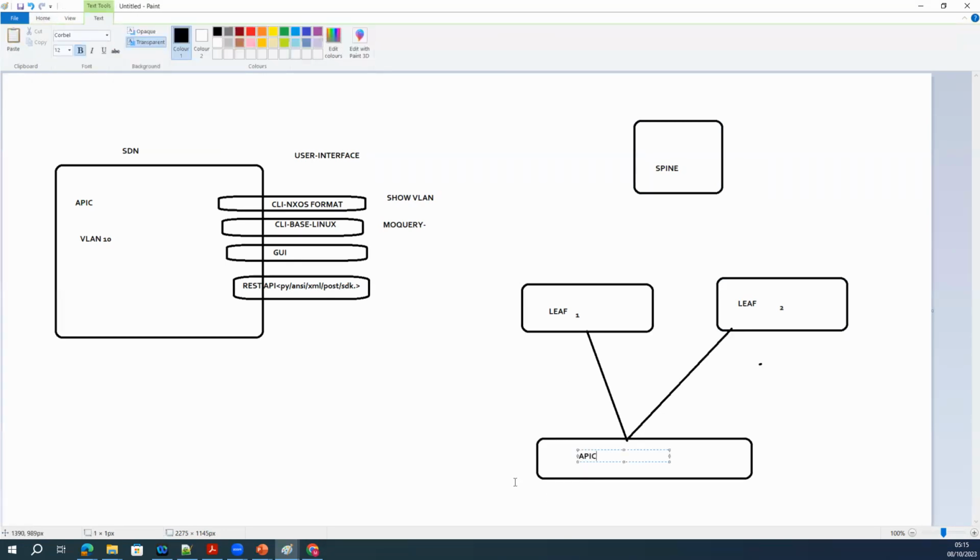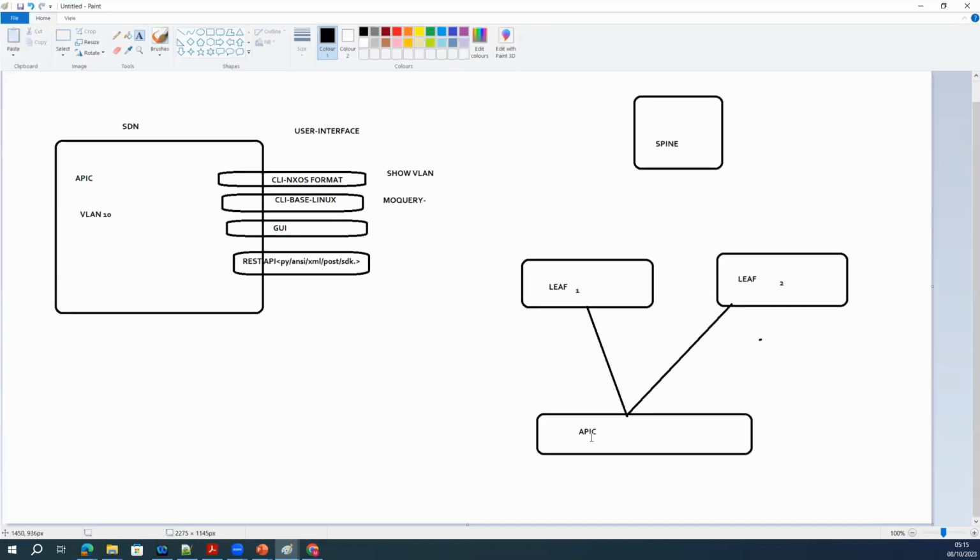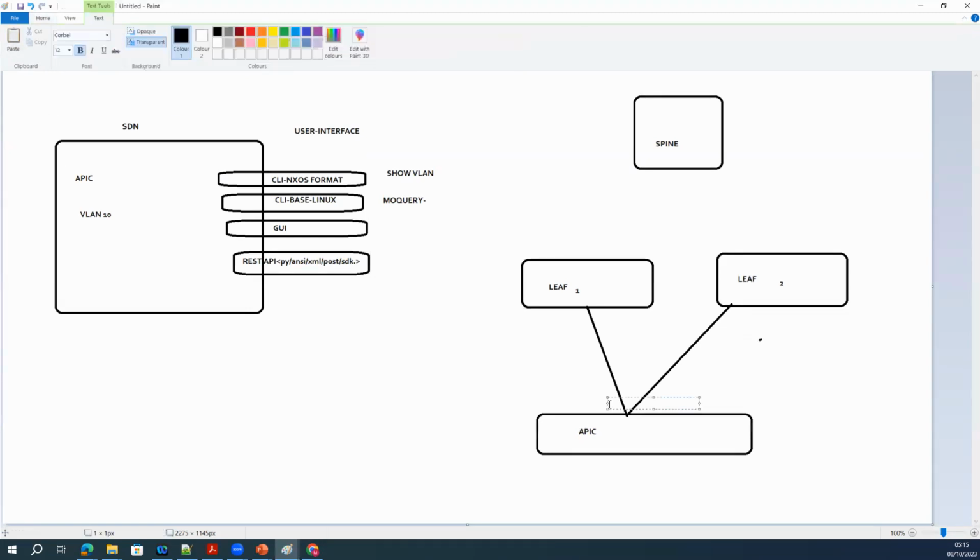APIC. Once you connect that, there are multiple interfaces on the APIC. First is your ACI interface, the fabric interface.